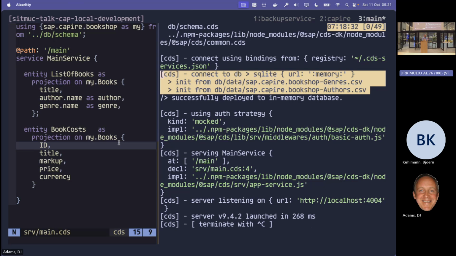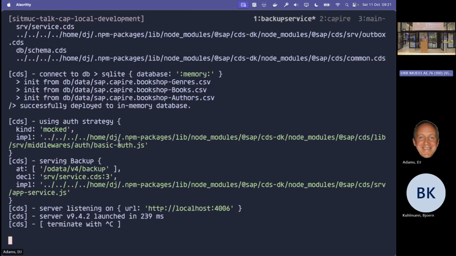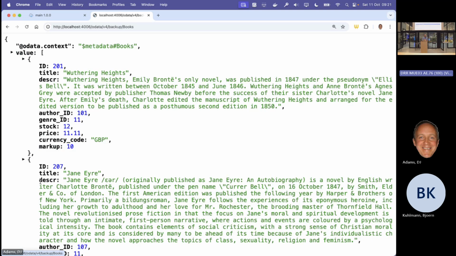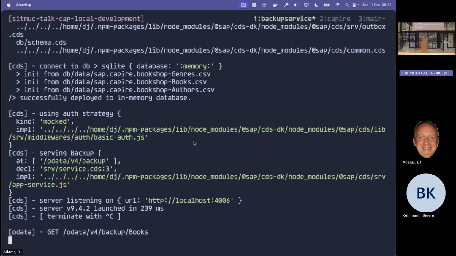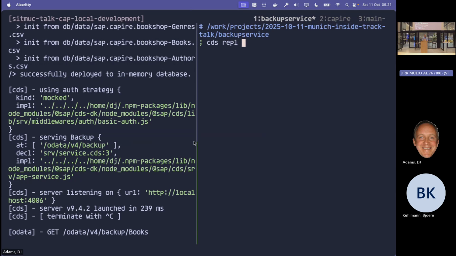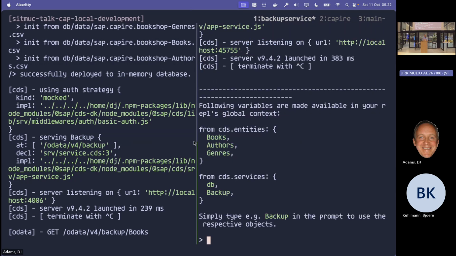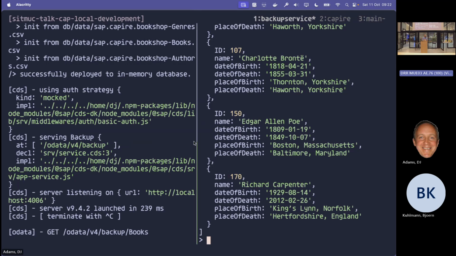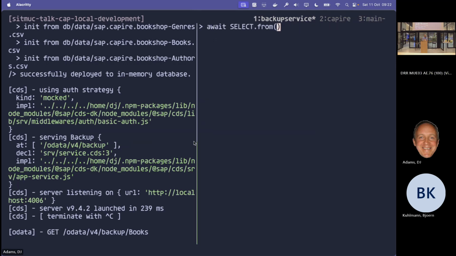But basically, we had a conversation yesterday where not only is CSV an accepted format, but we can also say, I've got, for example, over here, another server running, a backup service, because I couldn't think of any other name. I've got my books. Okay, so let's go into the CDS REPL and run the local service. I can say select from authors, and we got authors data. But if I do the same thing for books,